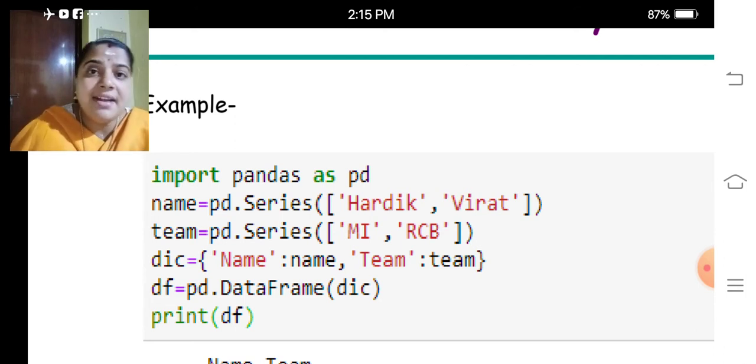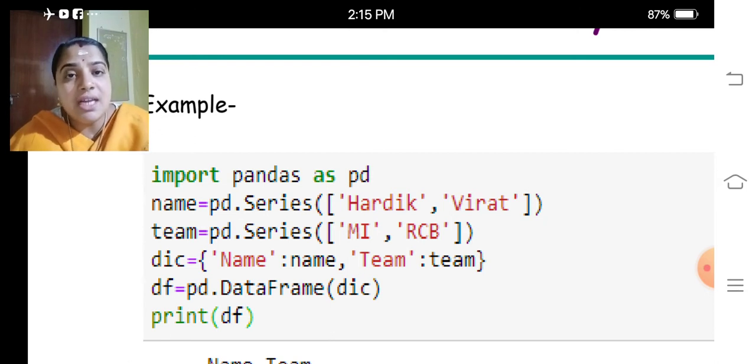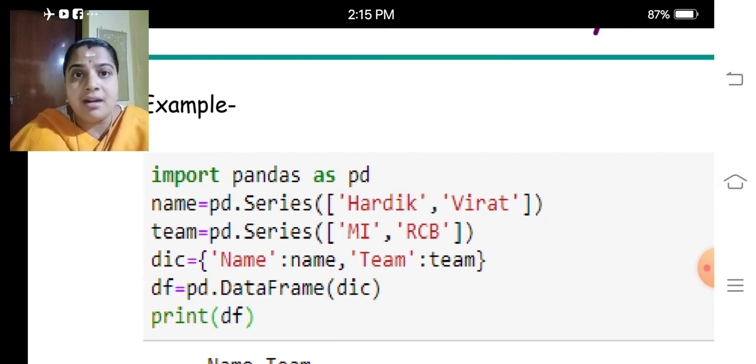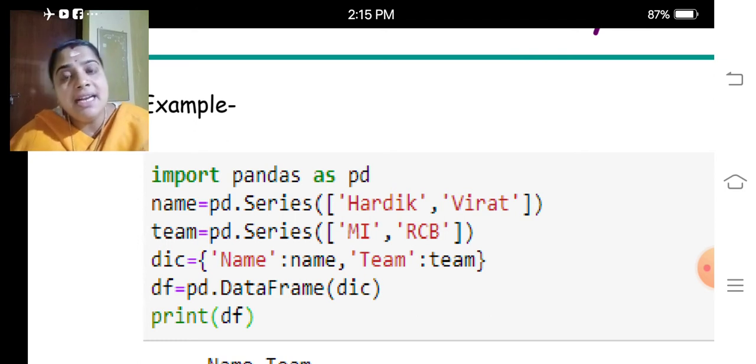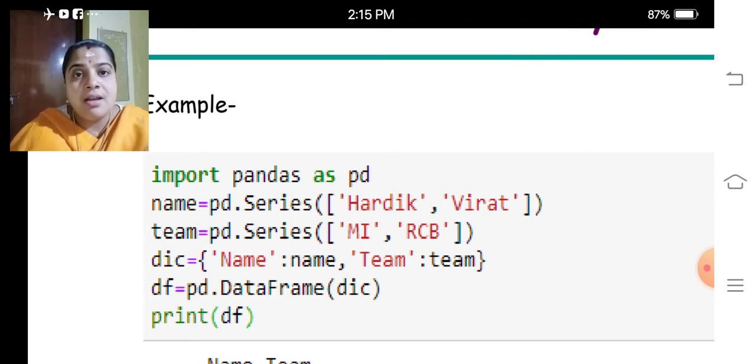We already studied about dictionary. A dictionary is a set of key-value pairs separated with commas. It is a pair of key and value. Key and value will be separated with a colon. That we already studied in our plus one portion.